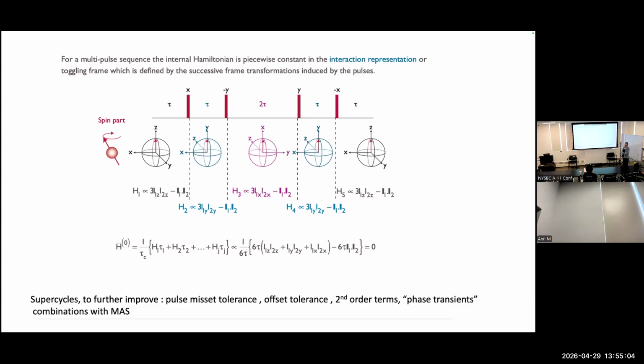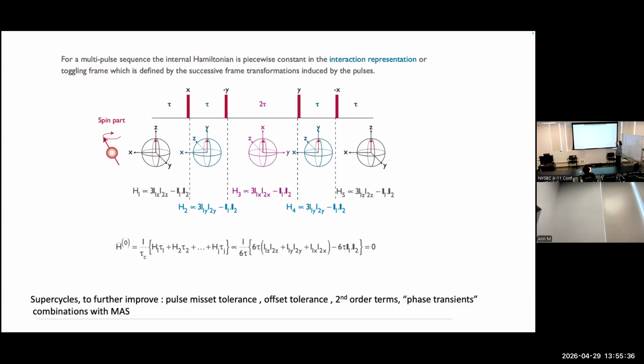And you get what you call a scaling factor on the chemical shift. The fraction of the chemical shift that is still there is called the scaling factor. So if you actually do these experiments, you'll end up with chemical shifts that are overall compressed. They are pretty well resolved anyway. Then this is the basic building block, and you can do supercycles to get rid of some known artifacts as well: second order terms, offset tolerance,